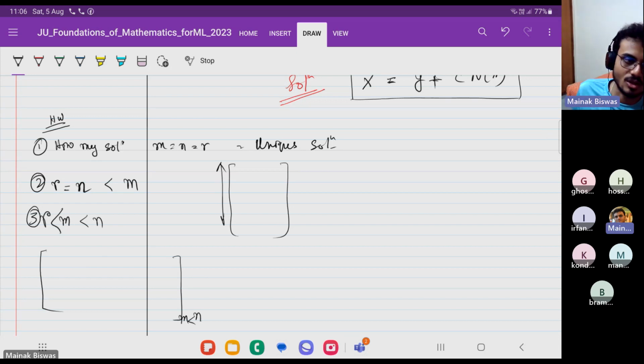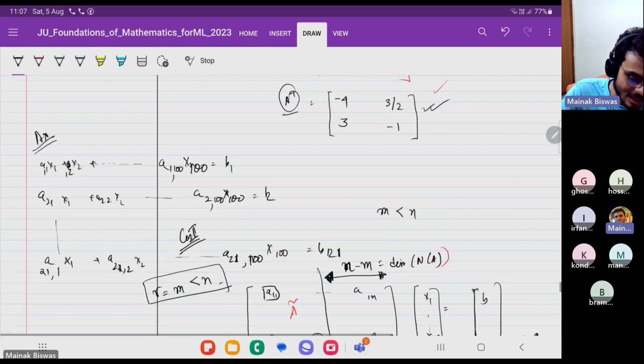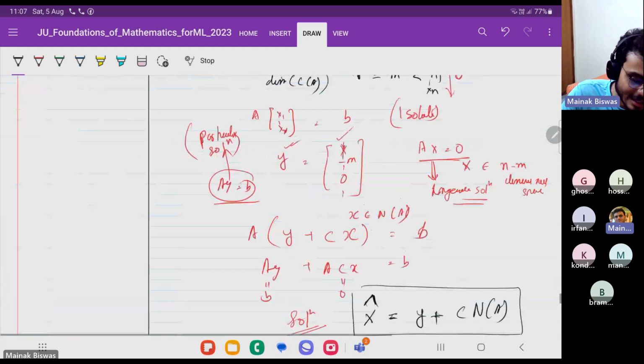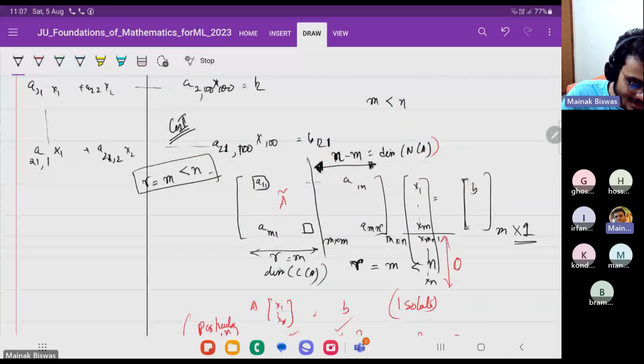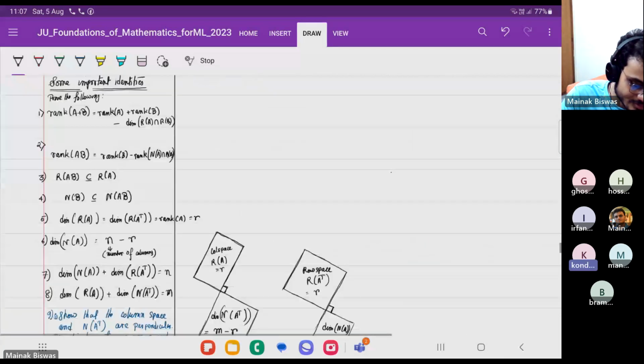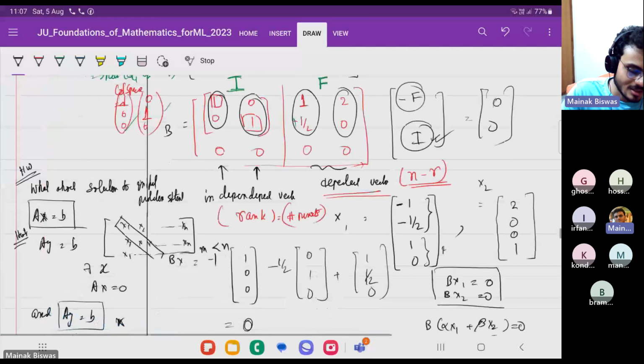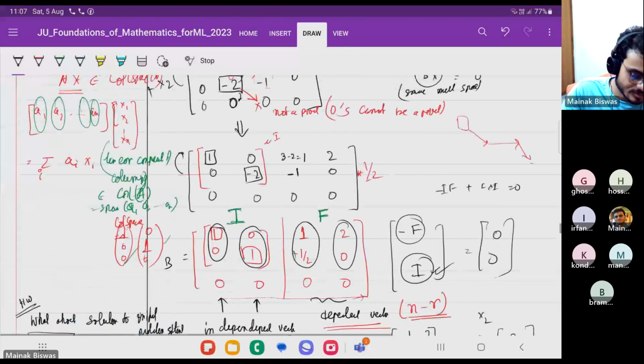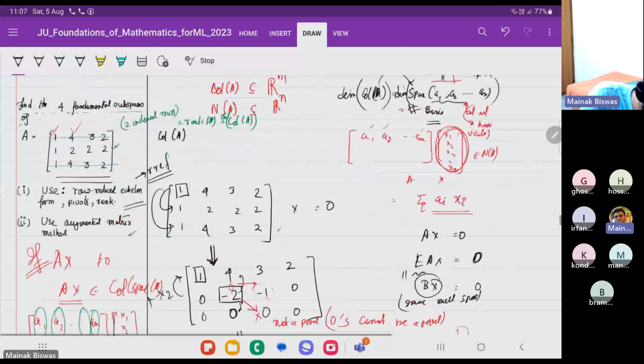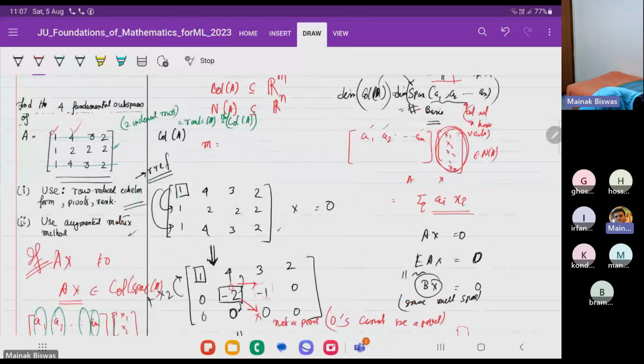Can you give me an example and solve it? You can do it at home. The example we just did. Exactly, very good. That's why I took this example. I constructed this in my head. Where is the example? The two common rows one. Yes, here. So do you agree? In this case, your m is equal to 3, n is equal to 4, rank equal to 2. And if you have some Ax equal to b,